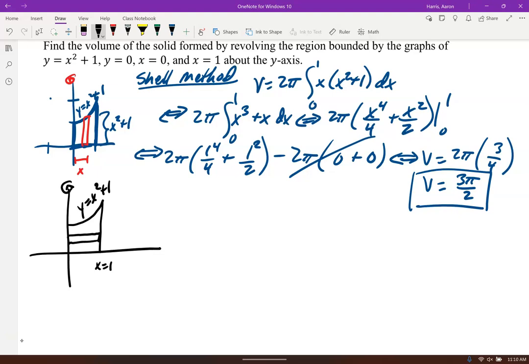And so this is fine. I have no hole up until 1 when spinning this, right? So my volume with the disk method, or I should say washer method,